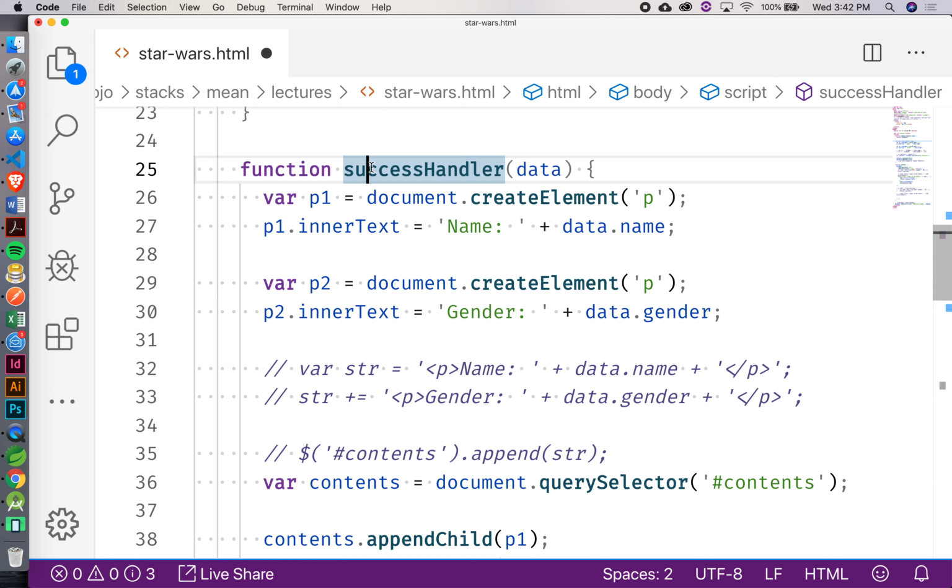We're declaring a variable p1, which is assigned to document.createElement('p'). So we're creating a p tag. This is giving us a reference to the p tag that we just created, right? Okay, good. Next,